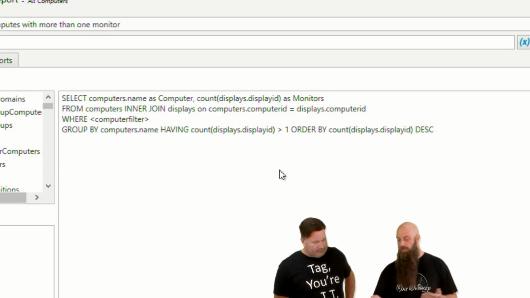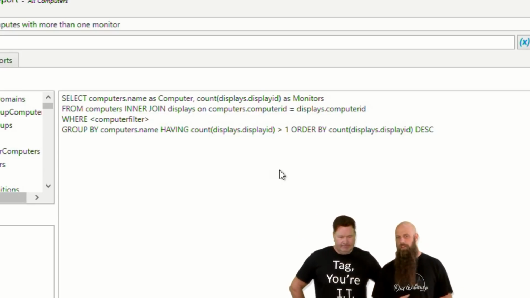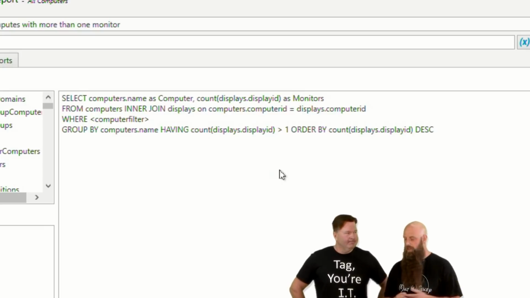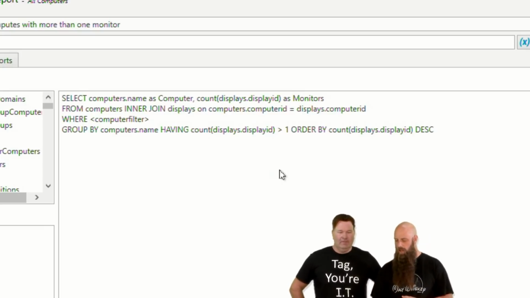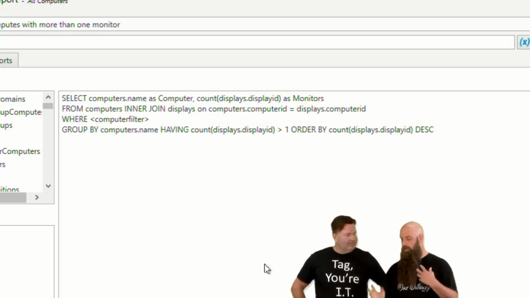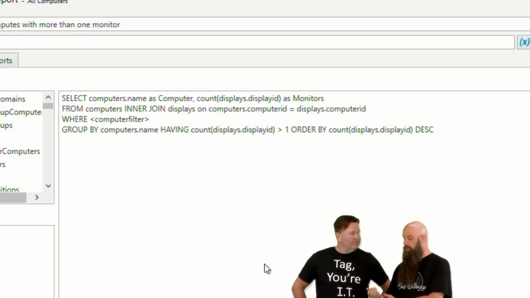Then you want to do your FROM. Now, because we're talking about two different tables, you do need to do your JOIN statement. Otherwise, you'll get a Cartesian join, and that's not what you want. So we're doing an inner join where we're combining those primary keys of computer ID, which equals the computer ID